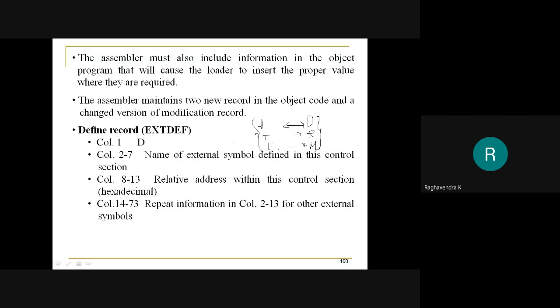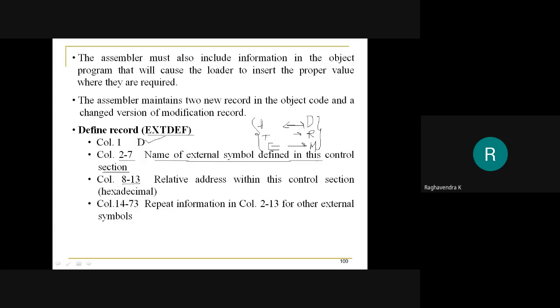Now let us look at each one of them individually. What is this define record? The define record starts with D, so it is a record for external definition. From column 2 to 7, it has the name of the external symbol defined in this particular control section.